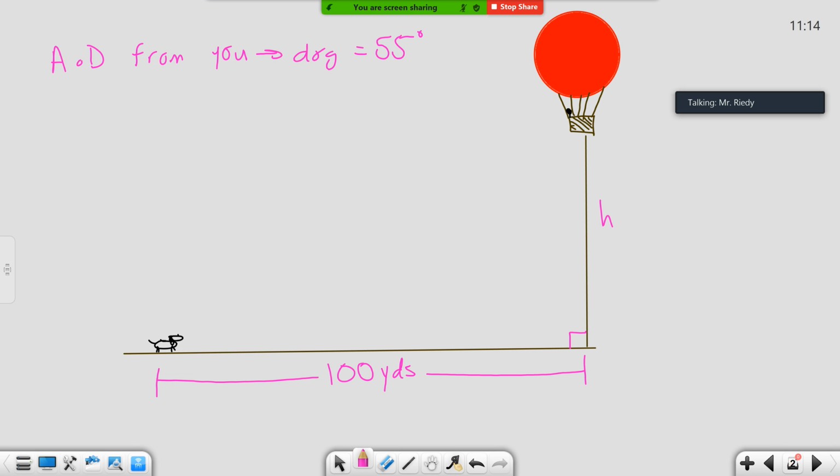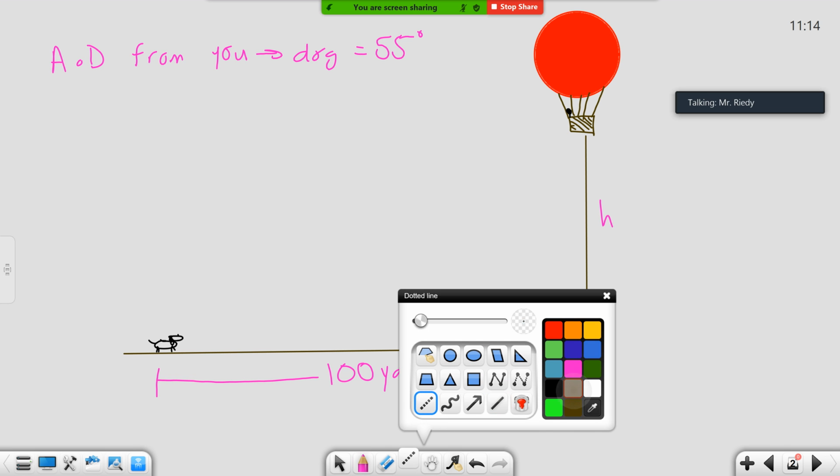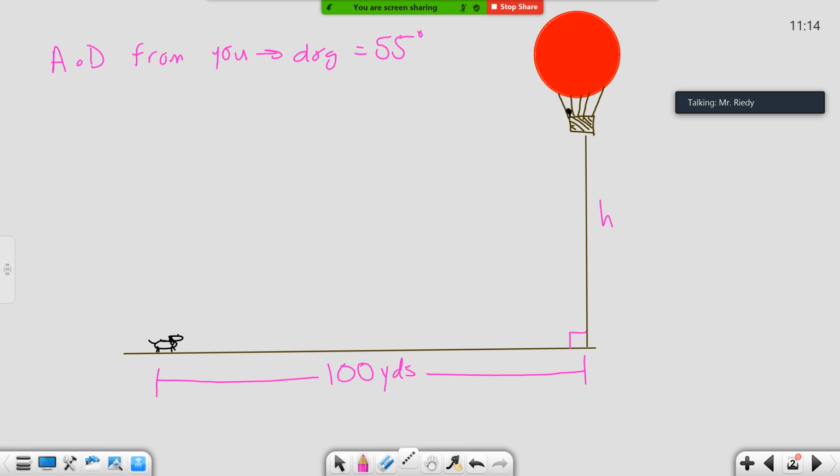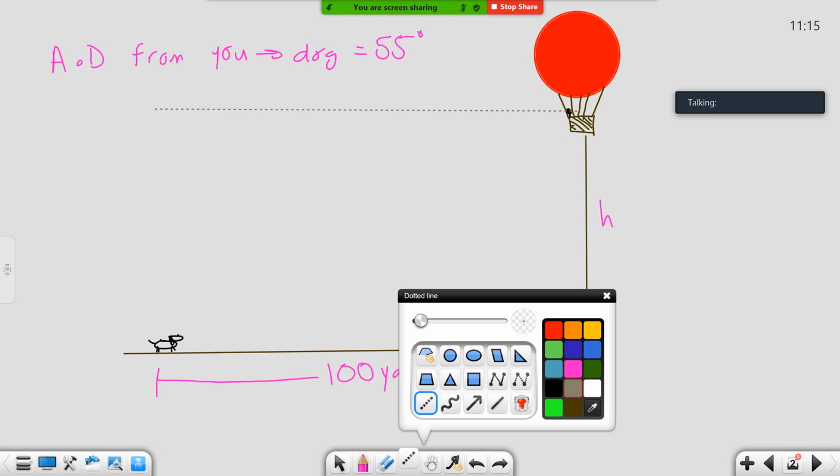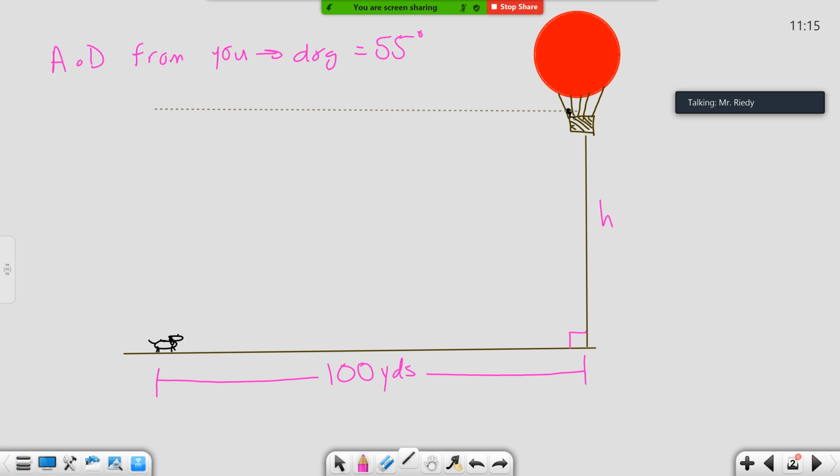Good. The only thing we're missing is where is this angle? Okay, so we go back to what we talked about on the last slide, and that is from my eyes, I have to generate a horizontal going across. Now, a common mistake that people make when we get into angle of elevation and angle of depression is they think, well, first of all, that's going to be a 90-degree angle. You all see that. We can assume that you're measuring a distance perpendicular. But let me put this distance that we're looking in here. If I connect my sight, connect the line from me to the dog,